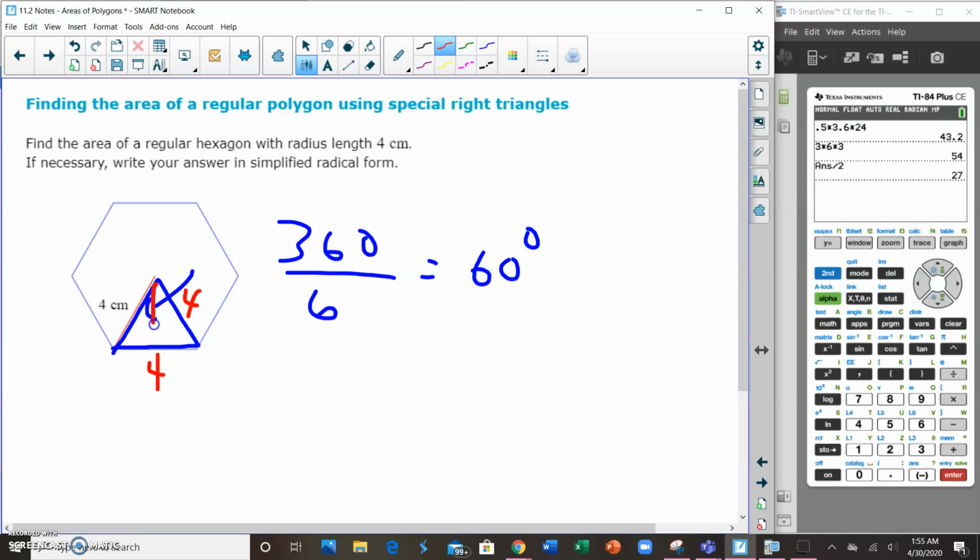All right, so then we can find this triangle here. Now we just need to find the height of that red triangle. So if this is 2 and this is 4, how can we find the height of that red triangle? You can use a 30, 60, 90, or you can use a squared plus b